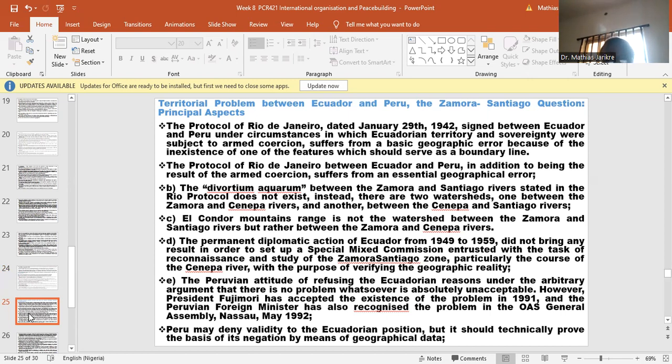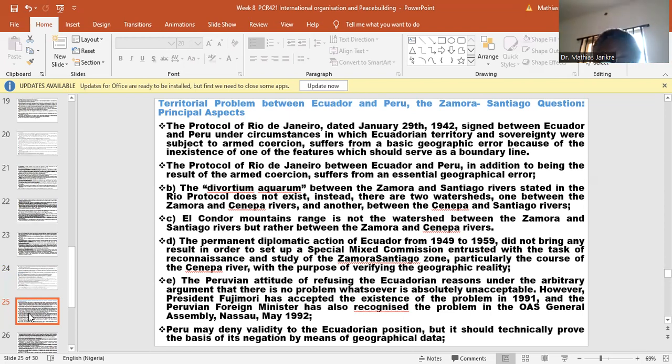The Protocol of Rio de Janeiro between Ecuador and Peru, in addition to being the result of armed coercion, suffered from an essentially geographical error. The divortium aquarium between the Zamora and Santiago rivers, stated in the protocol, does not exist. Instead, there are two watersheds, one between the Zamora and Cenepa rivers, and another between the Cenepa and the Santiago rivers. El Condor Mountains range is not the watershed between the Zamora and Santiago rivers, but rather between the